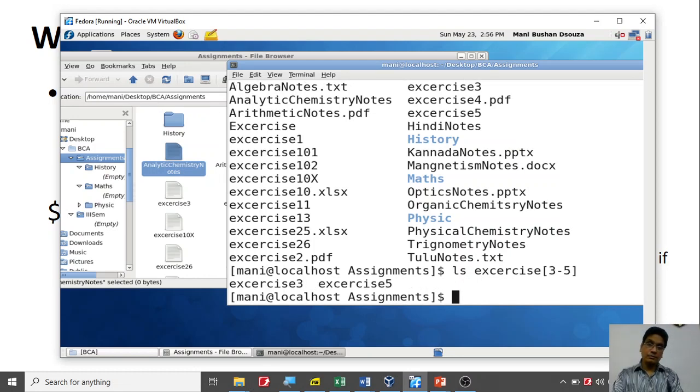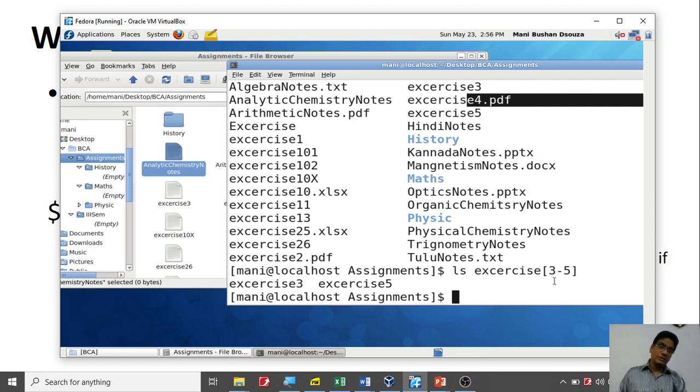So if I give that, what you notice is exercise 3 and exercise 5. What about 4, which has not been shown? Remember, 4 is not just 4, it is 4 dot pdf. So note that thing over there. There is a small difference there. So it is not just 4, it is 4 and dot pdf.